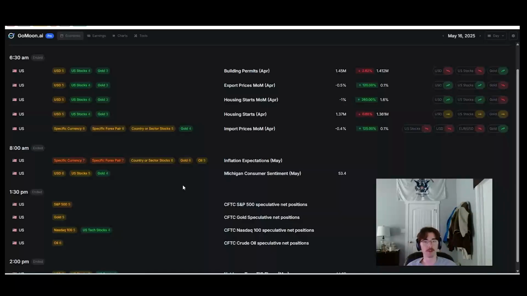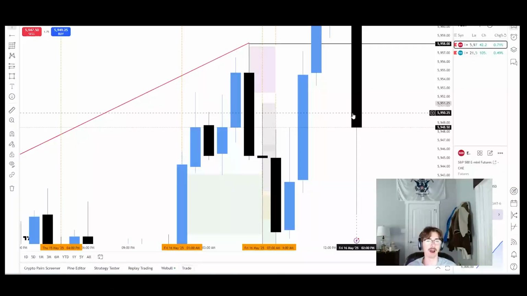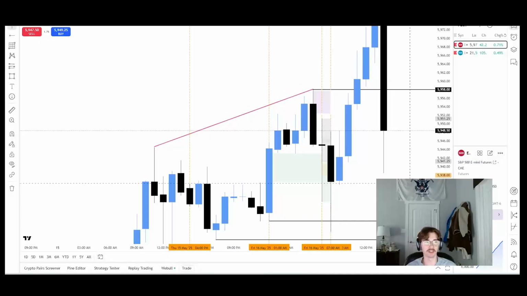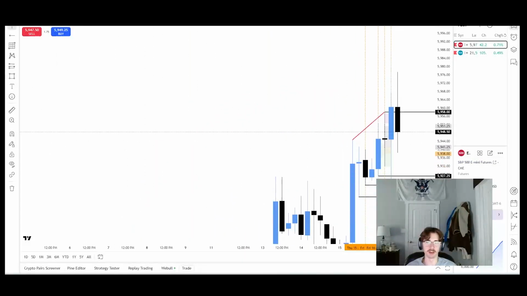To first start off, we're going to look at the news. Today is the 16th, May 16th. We had some inflation data today. This was the real news of the day, right? There's some other stuff, but that's really just the inflation expectations. Those are pretty big. Going into the chart, I had that in mind, but it was honestly the reason why I got stopped out, right? We'll go over that here in a moment.